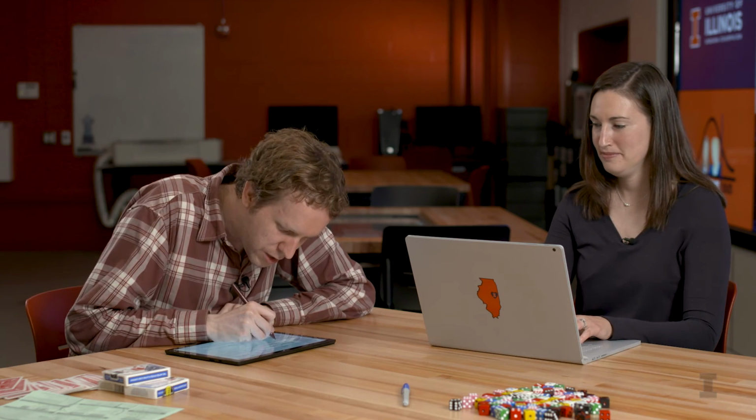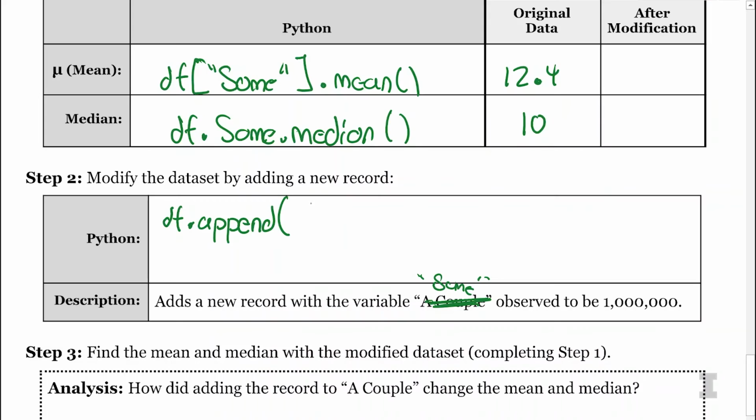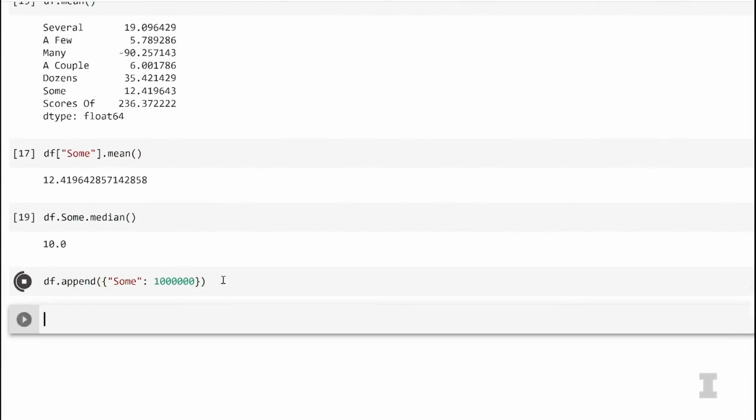We're going to do df.append. And this is going to be really strange notation, and you'll see this come up later in the series when we look at simulation. But we need to use a curly brace. Then we're going to say, in quotes, sum, using the correct capitalization and spelling, colon 1 million. You can't use commas in Python, so you need to type 1 followed by 6 zeros without any commas. Then if you close out the parentheses and run it, it should almost work, but it'll probably give you an error.